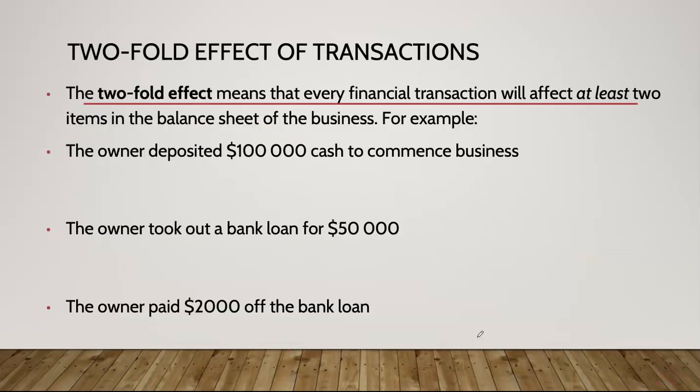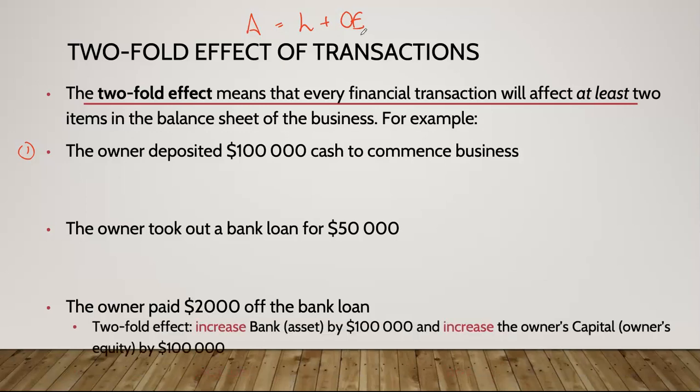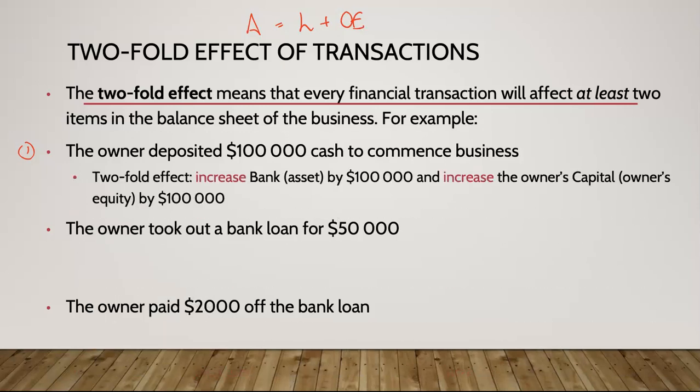So let's look at how this works in real life transactions. For example, number one transaction, the business owner deposited $100,000 of cash to commence the business. You need to be starting to think, what's the impact of this transaction to my business, to my accounting equation? And then it must result in your accounting equation, your assets equaling your liabilities plus owner's equity, still balancing. So the twofold effect is my assets